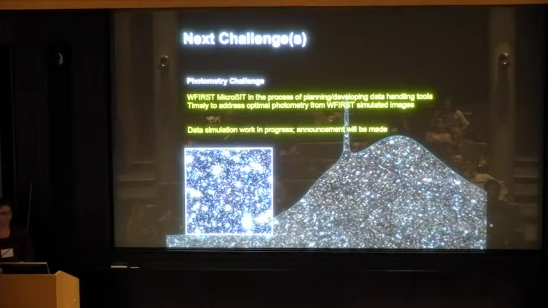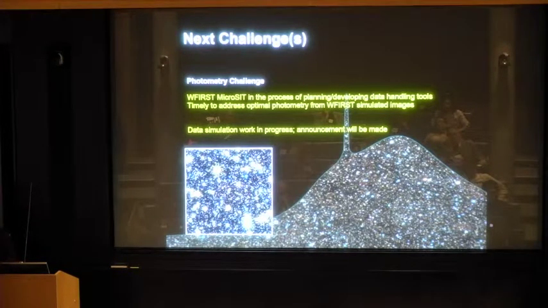The next challenge has been discussed among the microsit team, and it is felt to be particularly timely that we look at the data processing challenge. This is, as Rachel said earlier in the meeting, something that the microsit is actively working on right now, and extracting photometry from the WFIRST images is known to have some issues and some challenges.